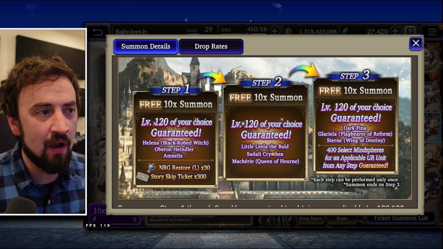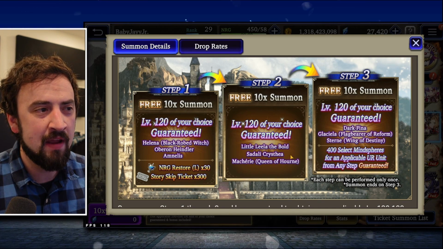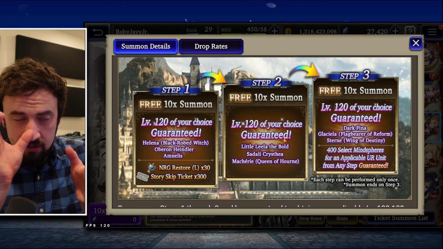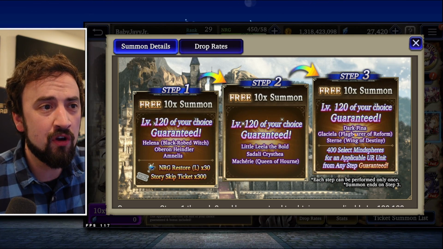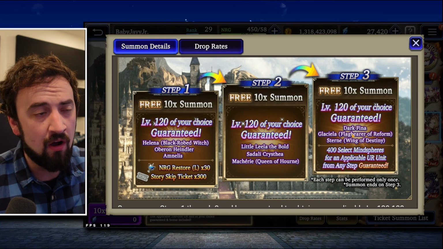Here, I can really go anywhere I want. I might go Sottily just to have like access to that Wind Mage, but this is somewhere where I'll really see what the account is driving me towards. If it's driving me towards Wind, hey, Sottily. If it's driving me towards Earth, Queen Macherie. And then this level, this third one, I think I would recommend to most people, oh hell, all of these